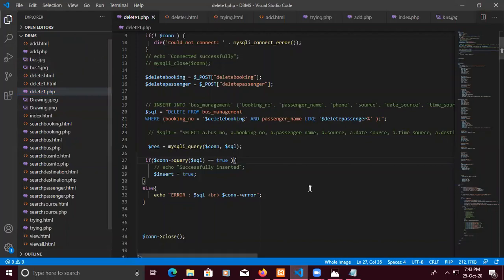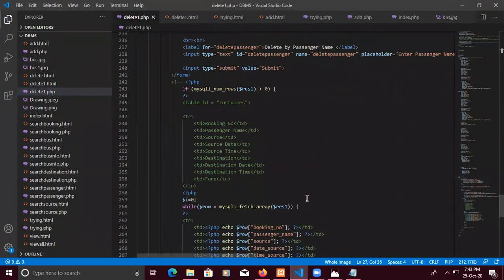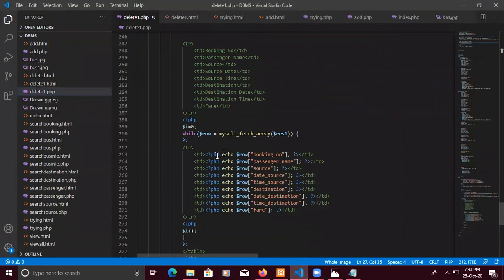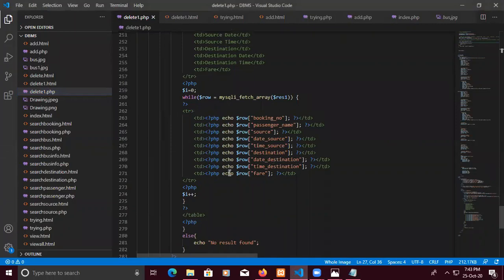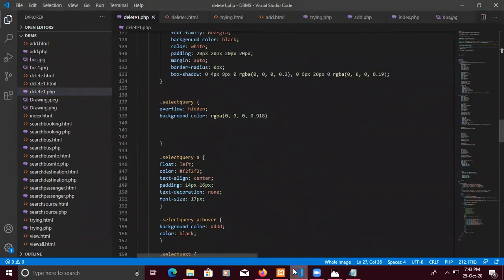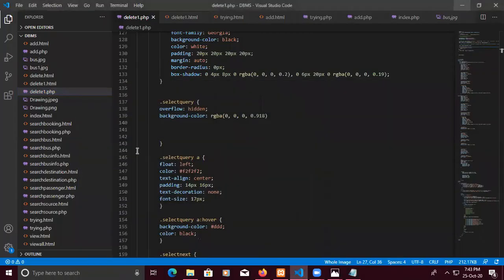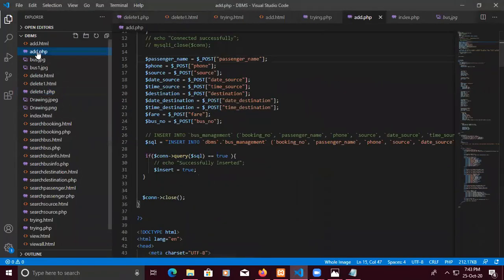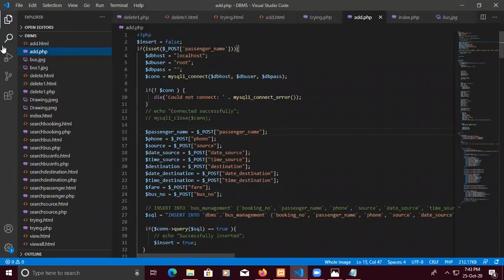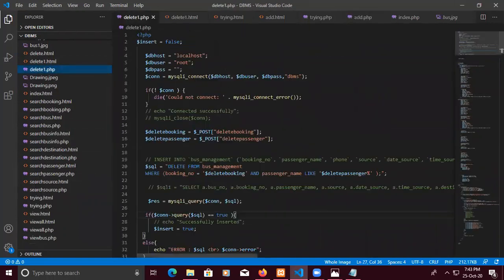It is all written in such a mode. In the PHP code, we displayed the data through a table. All this code is used for displaying the table format. It has been done that way. This is a very big code, so I need to search a little bit more.